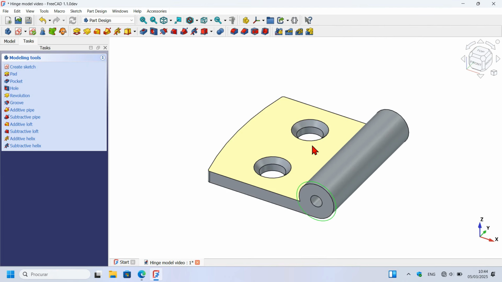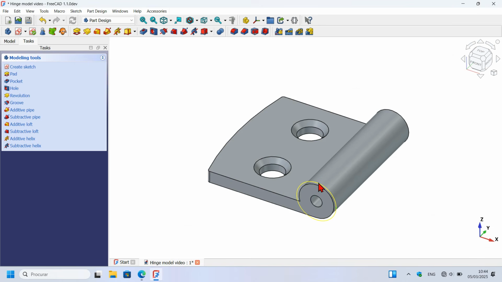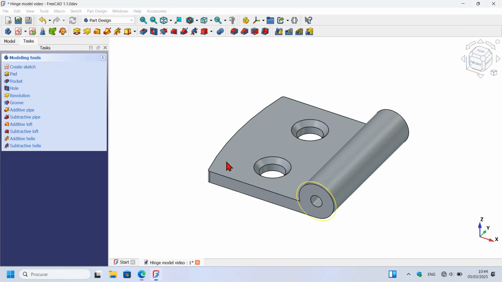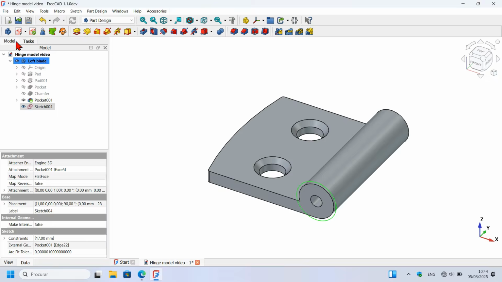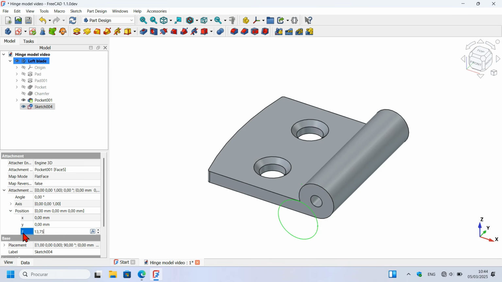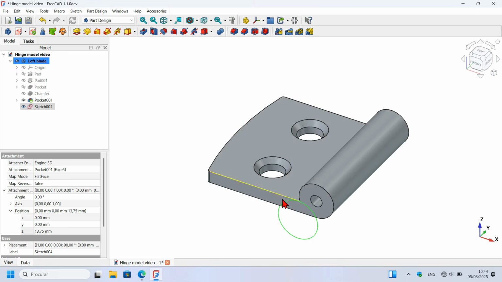Now to create a pocket, what I will do first is to change the Z attachment of this sketch here. I will move the sketch 13.75 millimeters in the Z-axis of this sketch. To do that, I go to the model tab and then I select the sketch, and in these properties, I go to attachment, and next I go to position and now Z position. And I will change here to 13.75 millimeters and then I will press enter, close this tab page, and as you can see, I have the